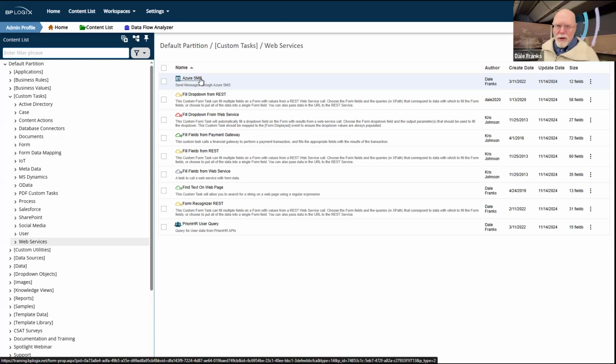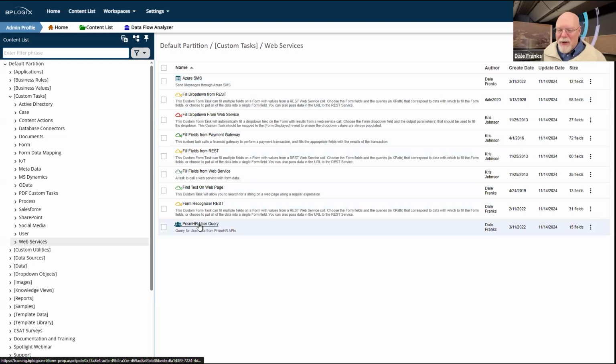And outside of those use cases, they don't really work for 99% plus of customers. I suspect that the vast majority of you will never, ever be able to use the Prism HR user query in any context whatsoever. However, it's still in the product.